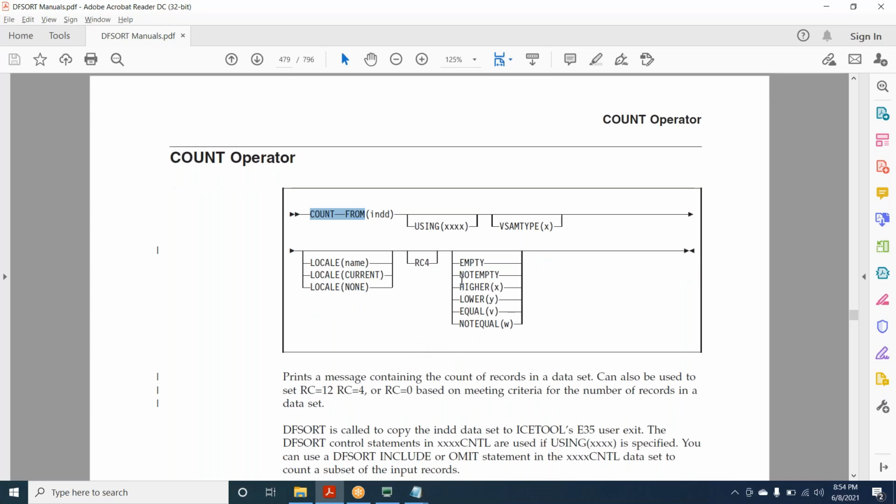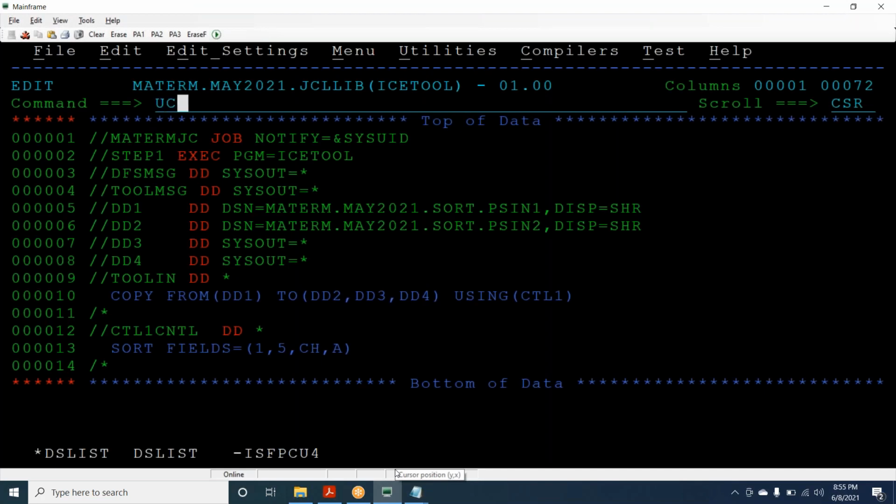These are all the options: EMPTY, NOEMPTY, HIGHER, LOWER, EQUAL. So it is going to get the count greater than the X value. How many values are there greater than X? If you want to know, we'll get it using COUNT. Yeah, any queries?